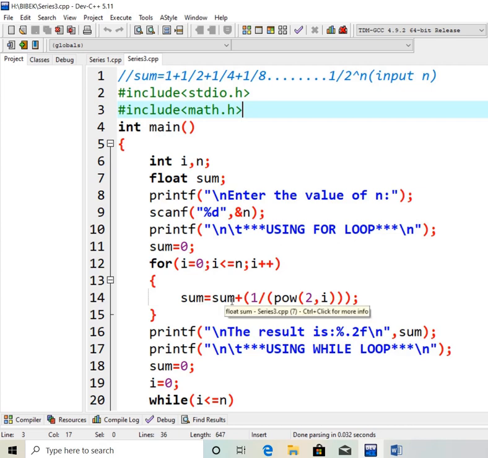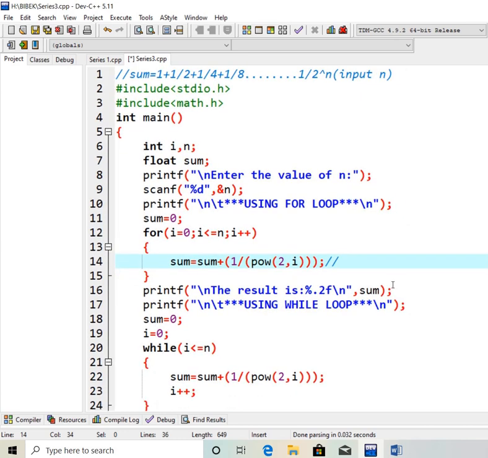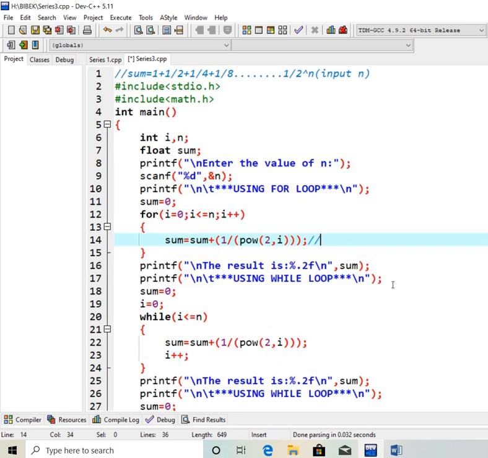Sum equals 0 plus, so let me write here. Okay, one minute. See here. Sum equals sum plus means, at first the initial value of sum is 0. So 0 plus 1 divided by pow of 2 comma i, means 1 by 2 to the power i.